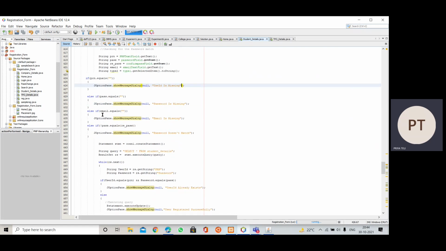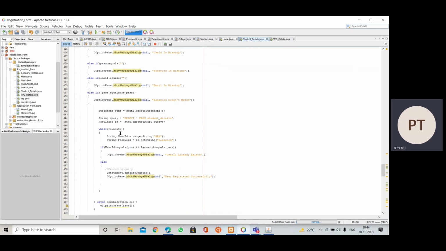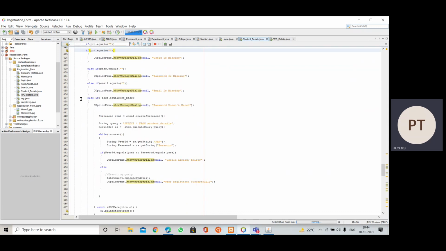Similarly, we are going to display these messages for mandatory fields like PRN, password, email, and confirm password field. Also we are going to check whether the password and the confirm password fields match. So if not pass.equals(repass), we are going to show the message password doesn't match.